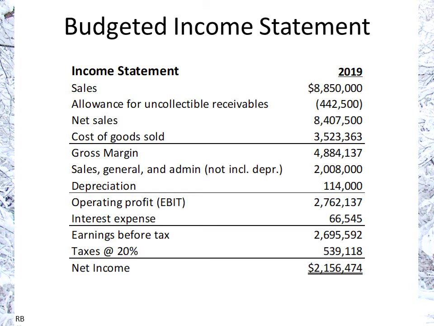The depreciation is there. Then we have the operating profit of 2.76 million. The interest expense, as we just calculated, that gives us earnings before tax and a tax rate of 20%. That 539 went into our cash calculation, and that gives us now a net income of 2.156. With that amount, we can